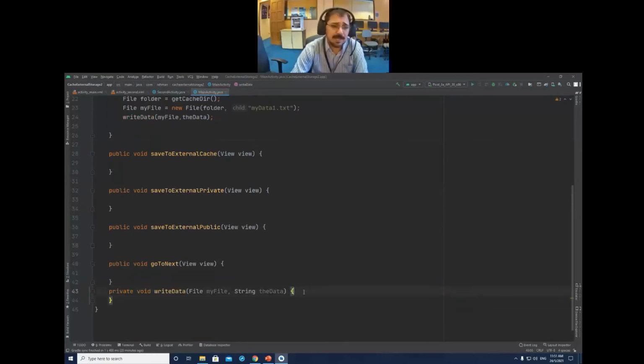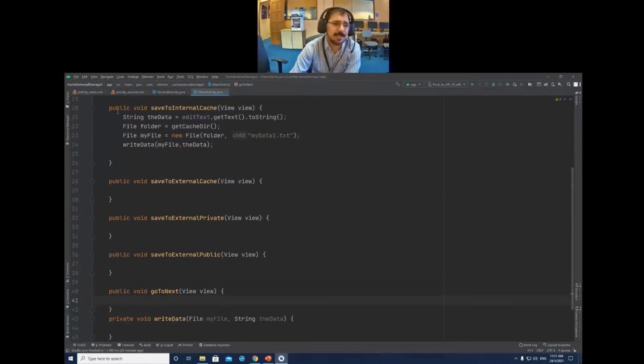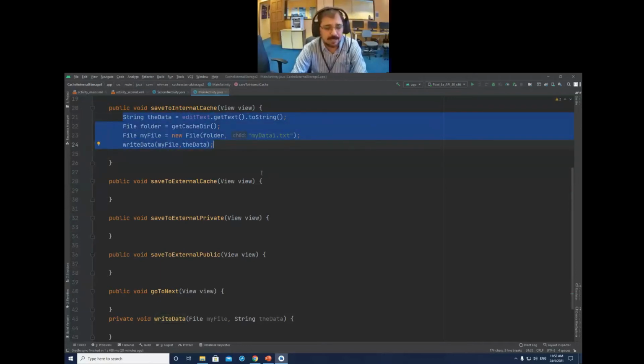Now the writing step, I will do at the end, because if we go through these steps, then it will be easy for you to understand: the internal cache, then external cache, then internal. So this writing method I will create later on.